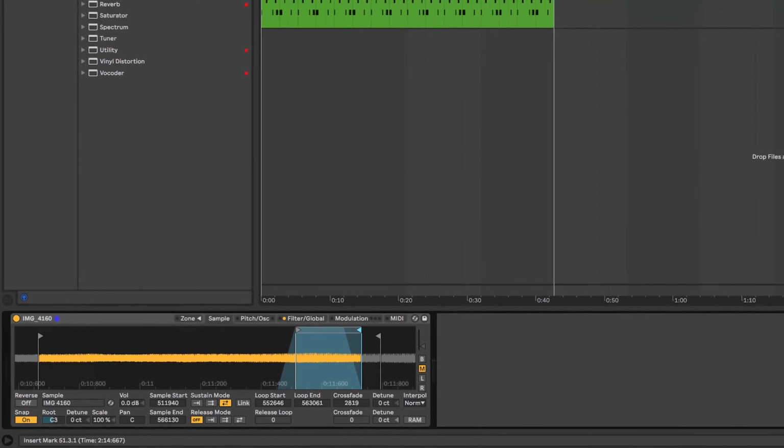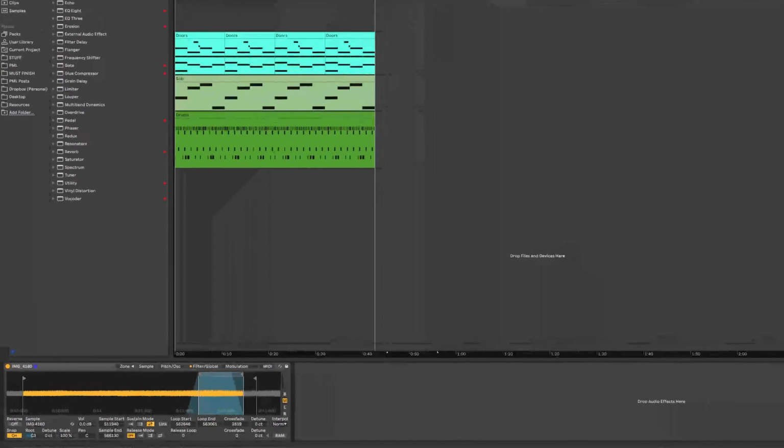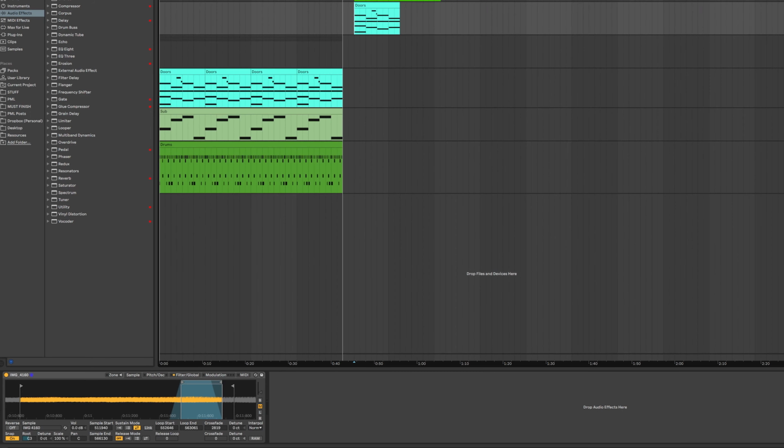Something like this. And then let's take our MIDI information that I already made and let's hear it. This is already pretty interesting.